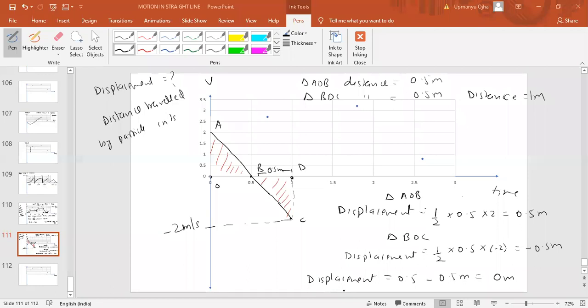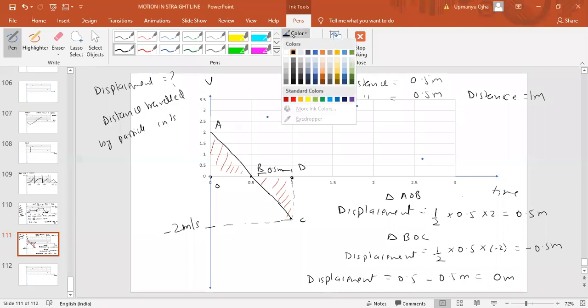No, no. Here I am asking you about distance. I have not drawn a speed time graph. I have drawn the velocity time graph. Velocity can be negative. If it was a speed time graph, then this graph would not have been possible. So what is the acceleration here? -4. See, to find the acceleration, what do we have to do?